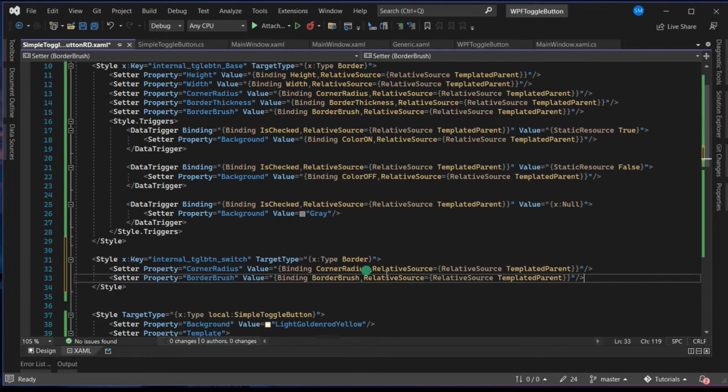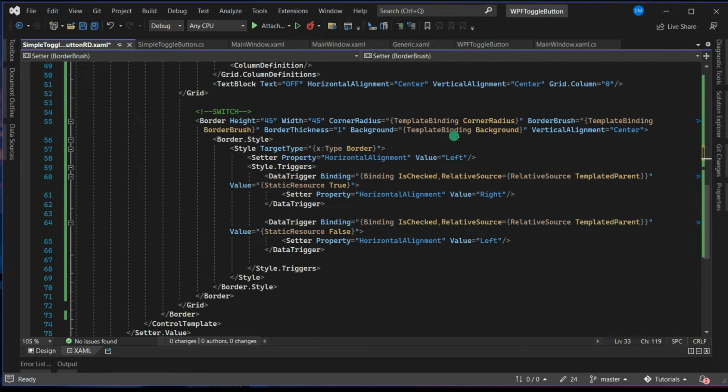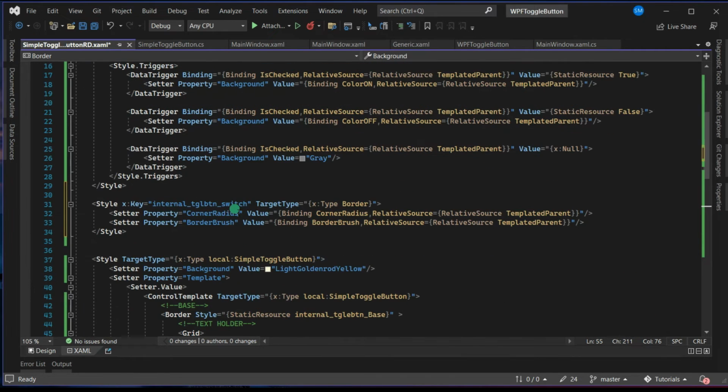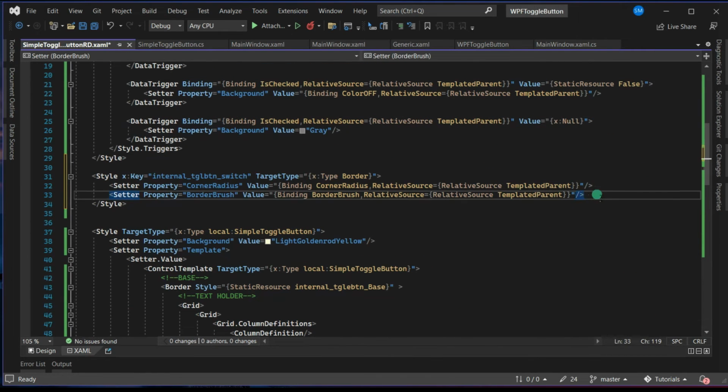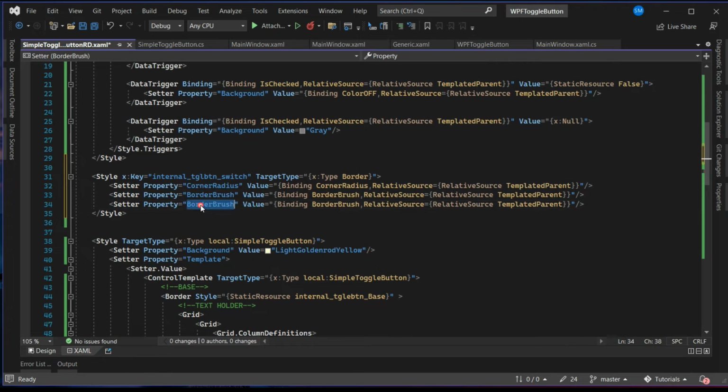So we don't need border thickness, that is there. So here we are giving corner radius, border brush, background is also there. So that's what we need. Give background,